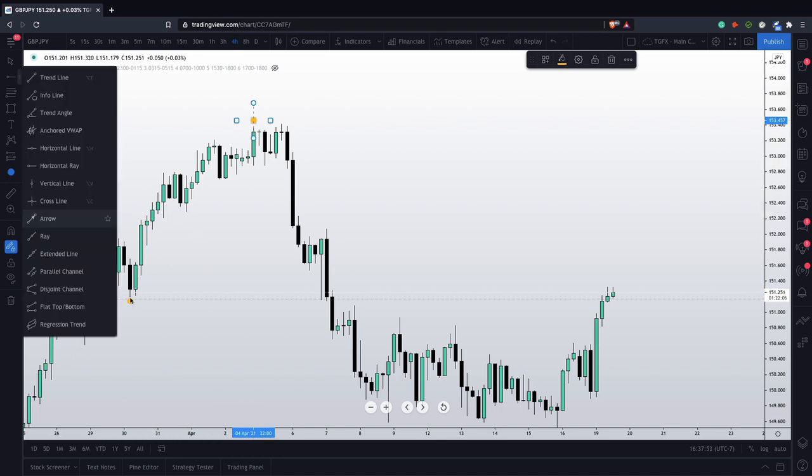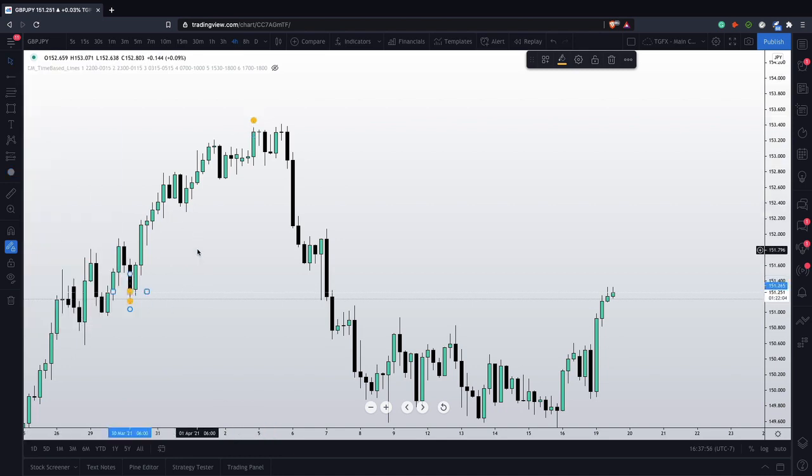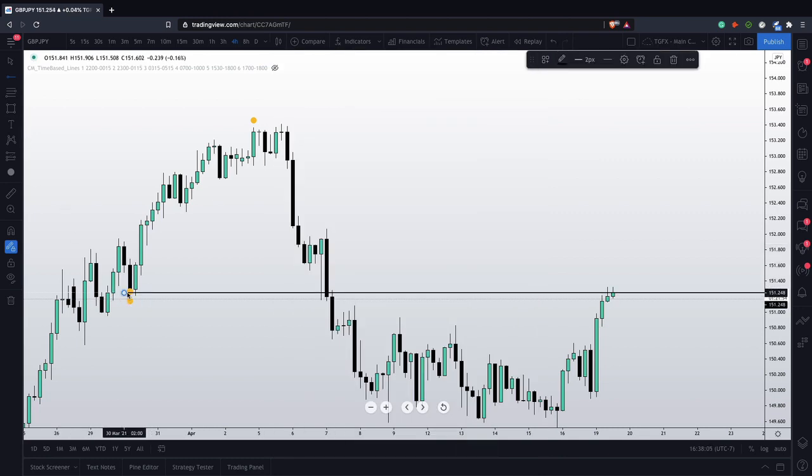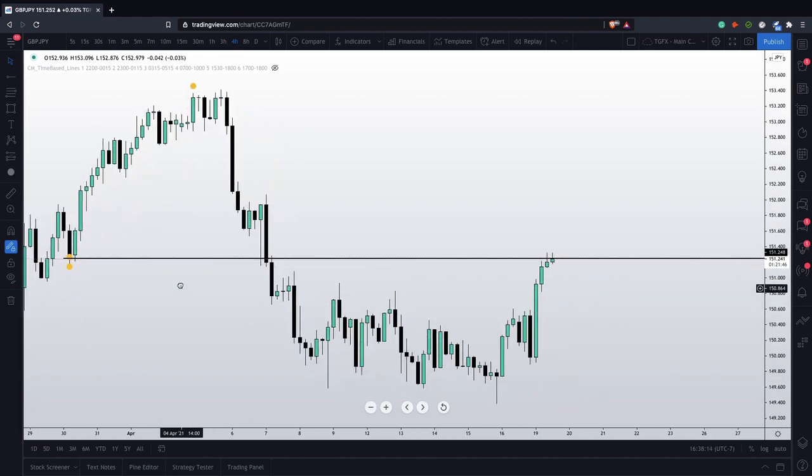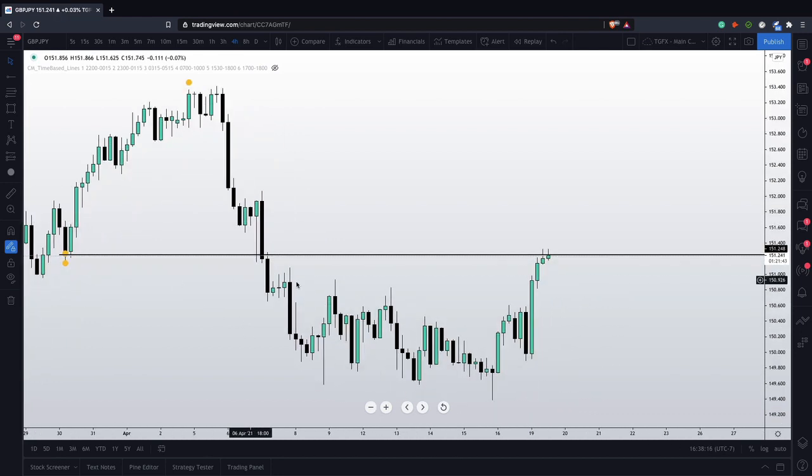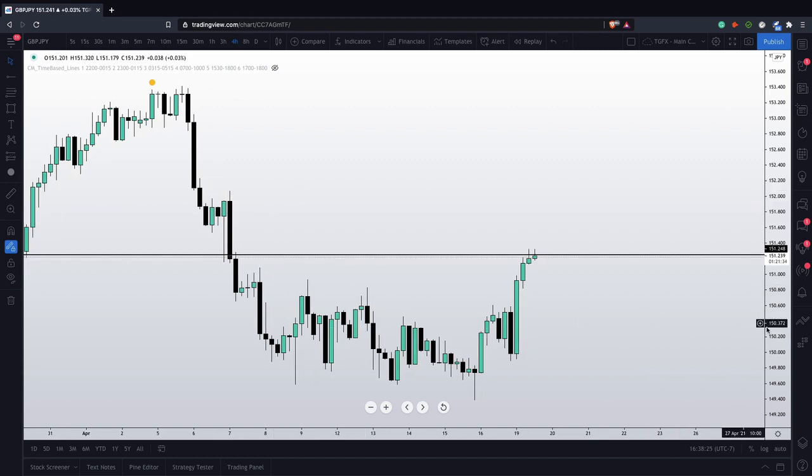Now, if we drew a line from down here, you can see, oops, try that again. All right, so if we draw a line from that low here, you can see on this push, price broke this level, okay? So that now means that we're only looking for sales in this market. And I'm pretty sure this was a daily level or something that pushed us and transitioned us. But nonetheless, with us now knowing that,